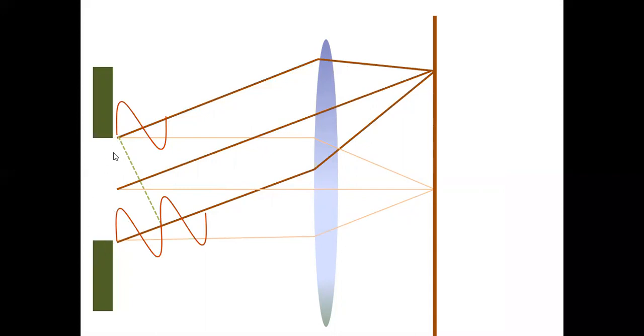If this angle is theta here, remember it. If this is theta, then this extra path is a sin theta, where a is the width of the slit. You get sin theta as the opposite side divided by the hypotenuse, because this is 90 degrees. And so a sin theta is equal to the path difference, this one. So if a sin theta is equal to 1 lambda, what will be the condition here?